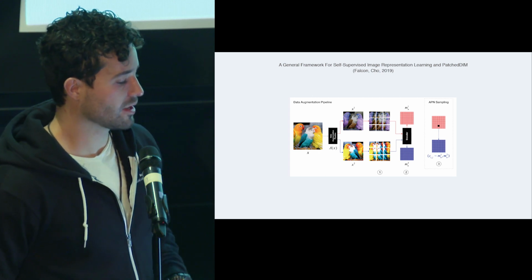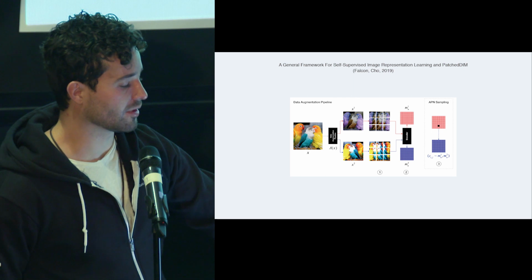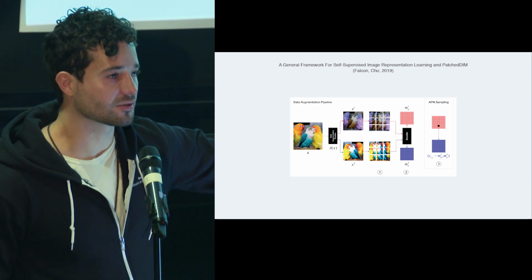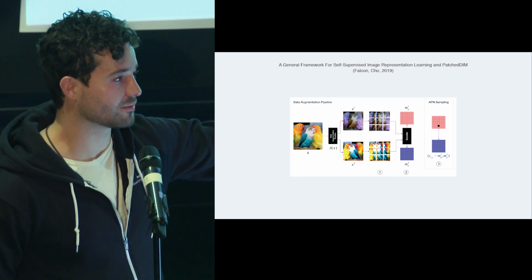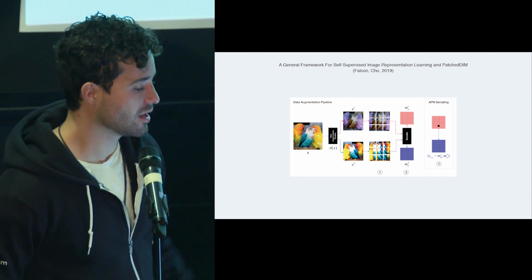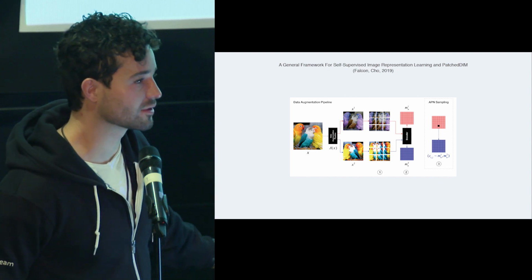So PatchDim basically takes the augmentation of AMDIM, which is you take an image, get 2 versions of that image, and then applies the one from CPC on top of it, where you patch it up, right? So it's just the 2 augmentation pipelines put together. But now we can simplify everything else. Everything else is super simple.